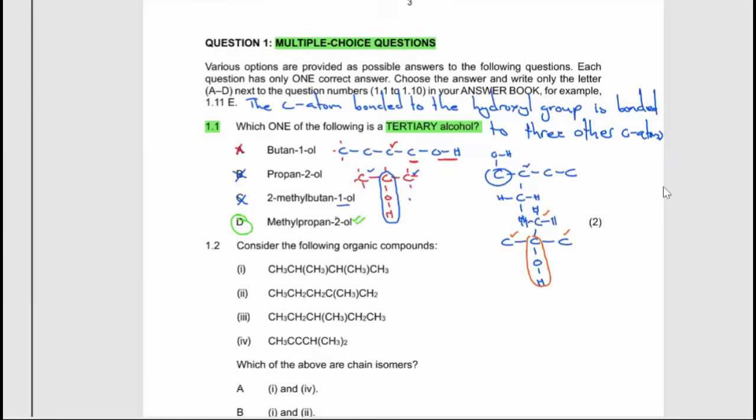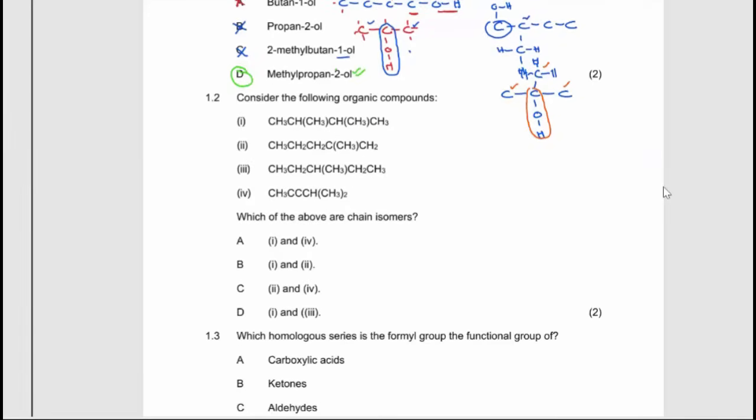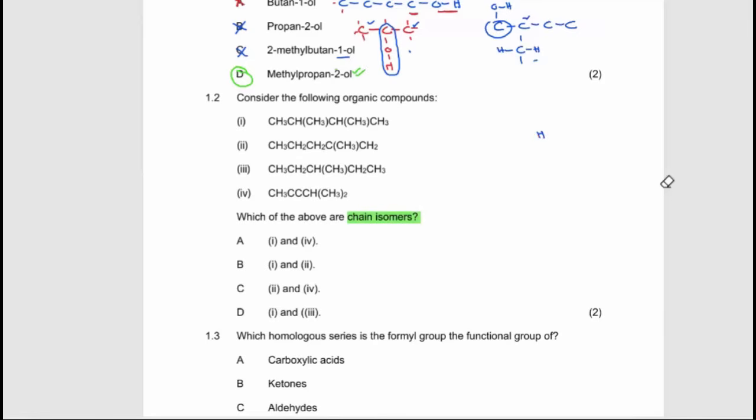Then we proceed to question number 2, which reads, consider the following organic compounds. We have options 1, 2, 3 until 4. Which ones of the above are chain isomers? So we're looking for what we refer to as chain isomers: same molecular formula, but different chains. Therefore, let's look at the first option. According to this, I'm going to have the name that says